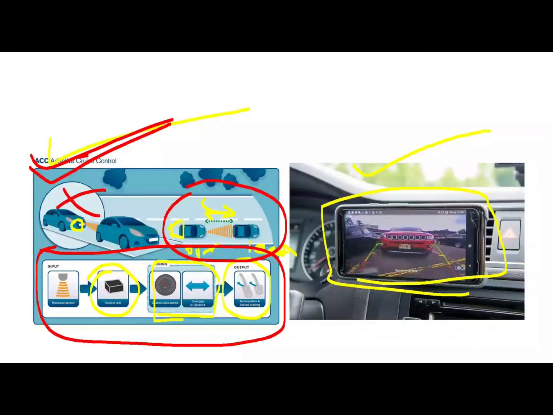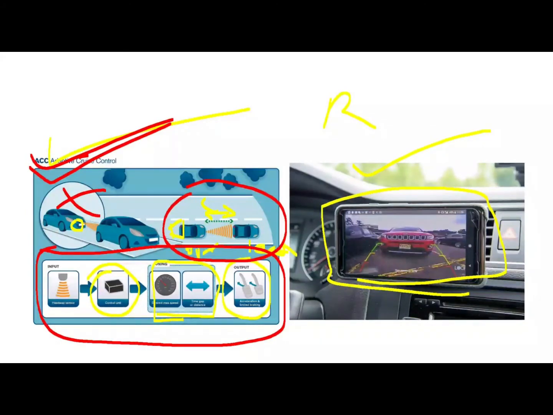Whenever it is, that system is attached to your gearbox. So whenever you put the reverse gear, automatically the backing camera is activated, and this is the frame which it shows. See, you can see green, yellow, red. This is the frame which it shows. So what does this frame do and what does this backing camera do?